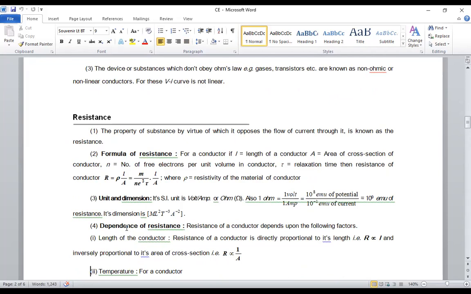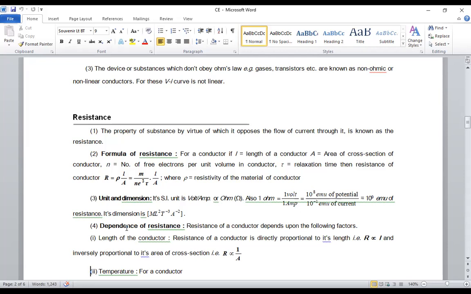It is the opposition to the flow of current. So resistance can be written in terms of voltage and current. It can also be written in terms of resistivity, length and area. As you all know, the resistance is going to be dependent on length. How is it going to be dependent? It is directly proportional. Area of cross section, again it is going to depend on area of cross section, but it is inversely proportional. So it is going to depend on length, area of cross section and resistivity, that is nothing but rho,